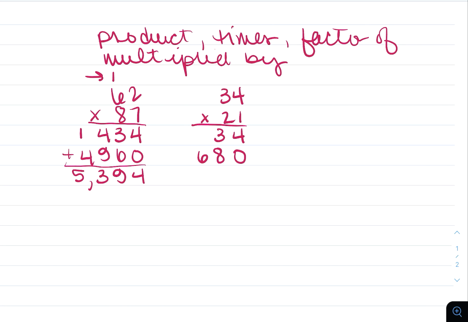So now we can move on to step 2, which is adding those two numbers together. So we have 4 plus 0 is 4. 3 plus 8 is 11. Carry that 1 to the hundreds. And then 1 plus 6 is 7. For an answer of